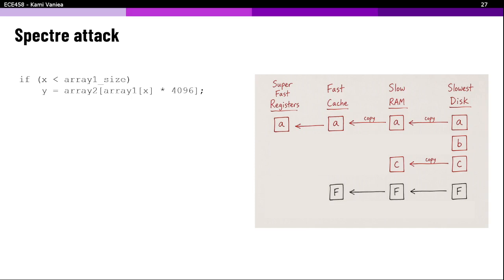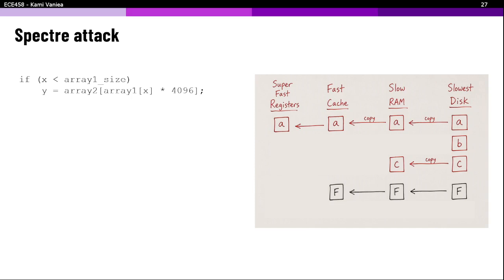Eventually A comes back, eventually B comes back, and eventually C comes back. And by this time, A maybe comes back, and I go, drat, A is out of bounds. I shouldn't have taken this branch. I will stop worrying about this. I'm not going to execute C and B. But these processes have already been initiated.